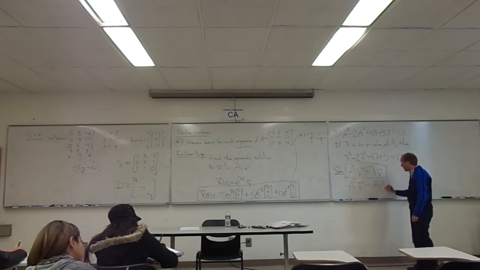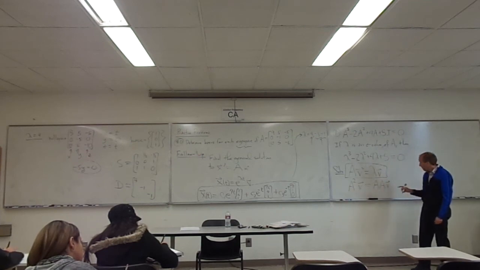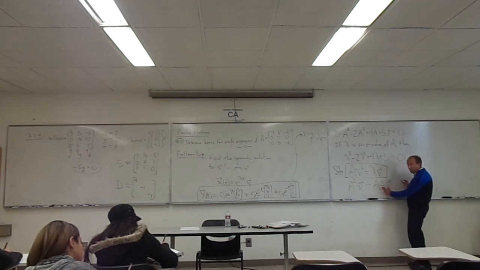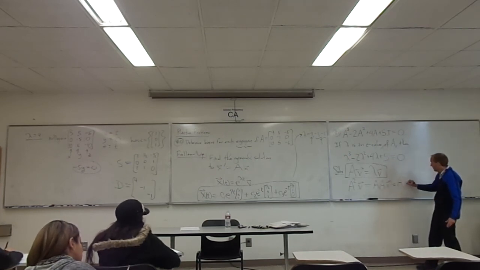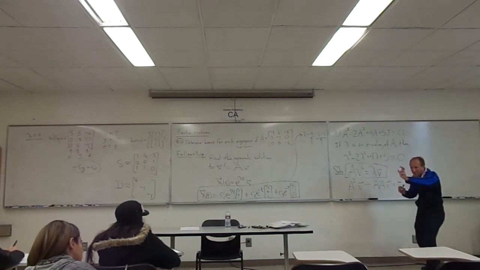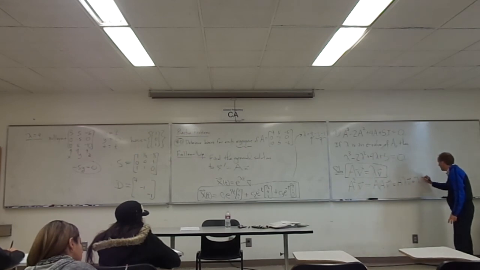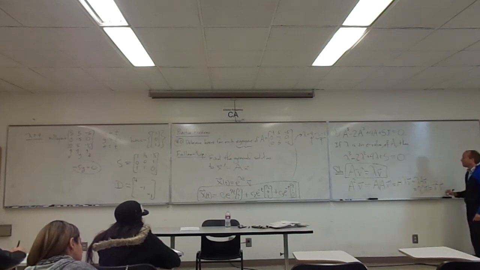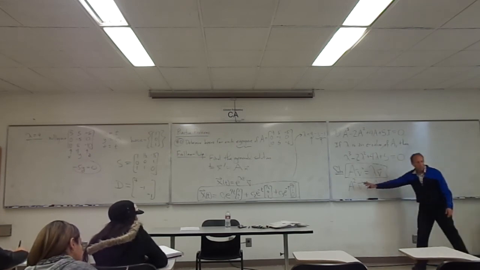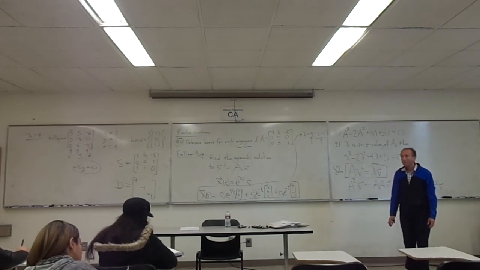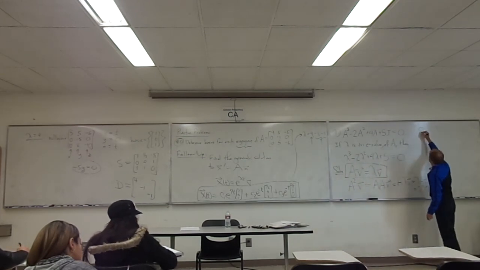Basically, it's just A times V. But if I think of it as just the A and the V here first, that's already lambda V. So it's A times lambda V. And then the lambda is just a scalar. Remember that scalars can be put outside of the matrix. So we have lambda times AV. And so that gives me lambda times lambda V, which is lambda squared V. So at the end of this calculation, we have lambda squared V equaling what we started with, which was A squared V, right? And then similarly,